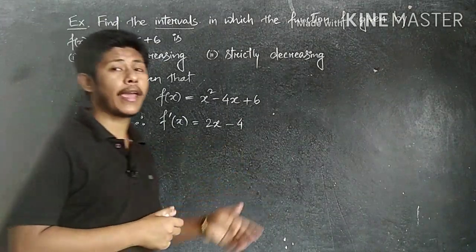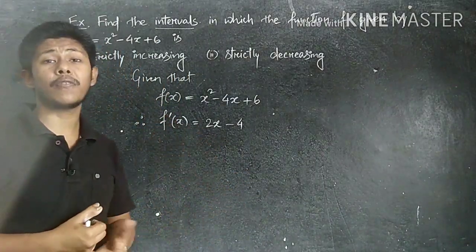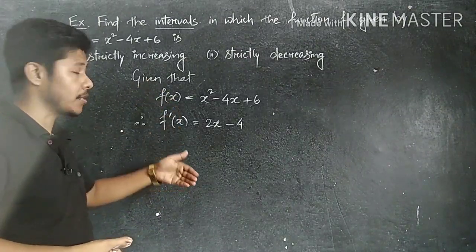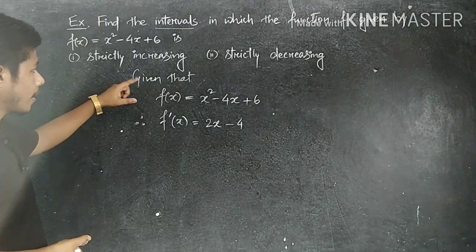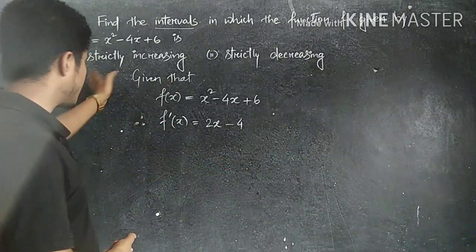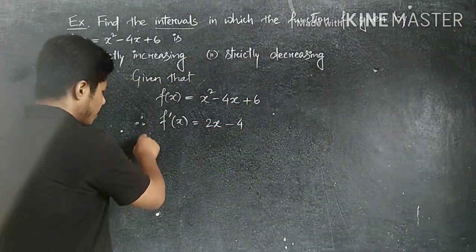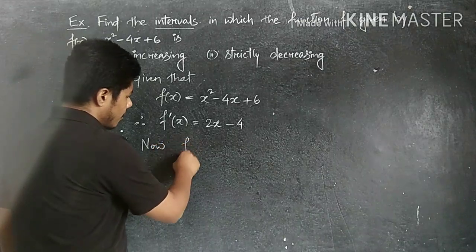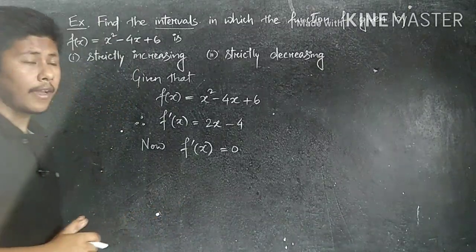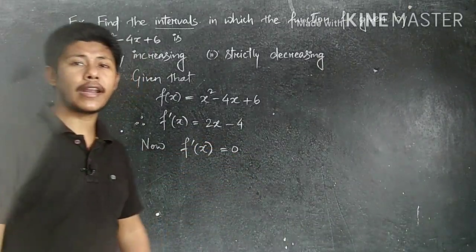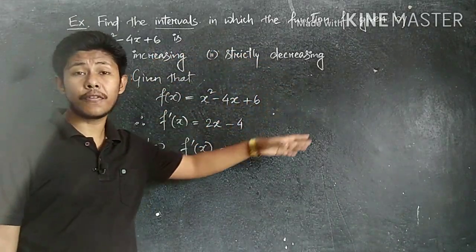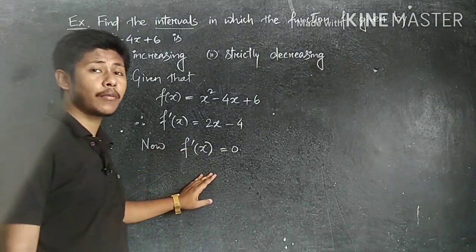First of all we need the value of x here. So for that, these are the steps we have to write. f(x) equal to this, f dash of x equal to twice x minus 4, and in this case greater than and less than we need. Now we directly write f dash of x equals to 0. Later on we find out the increasing and decreasing. First of all we directly write f dash of x equal to 0.